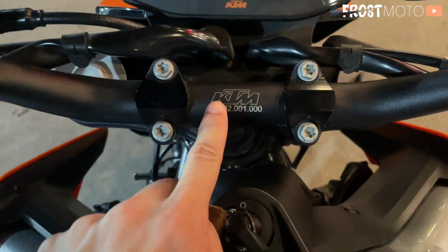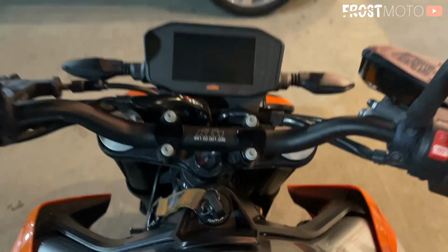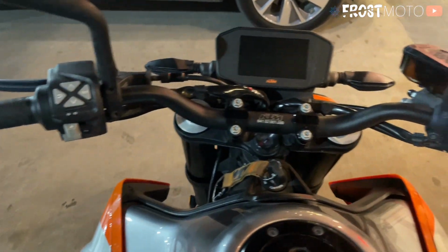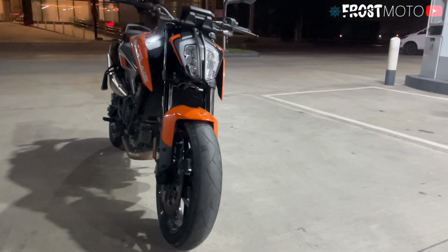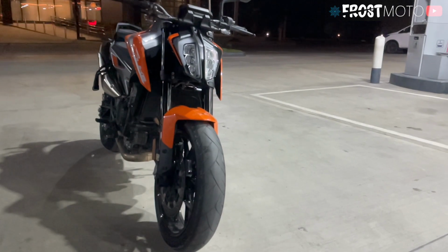So we can see here the barcode of the KTM. So handlebars are nice. So this is your point of view when you ride the KTM Duke 790. Because I ran out of time today, I couldn't do a test drive with the KTM Duke 790. So I'm gonna review it